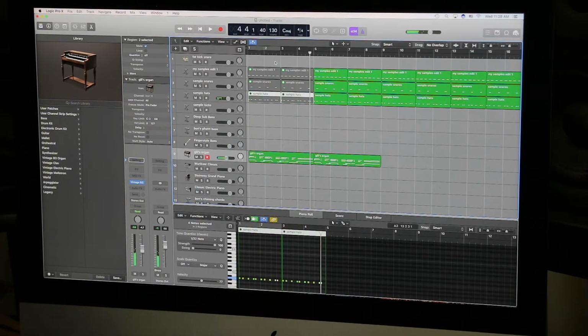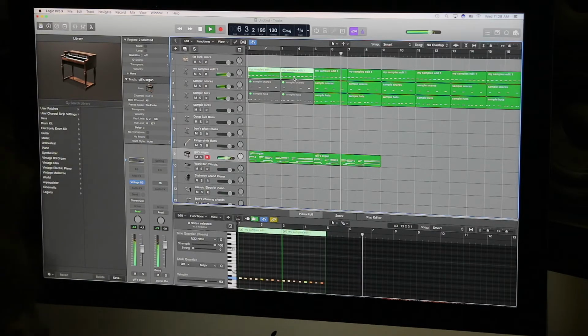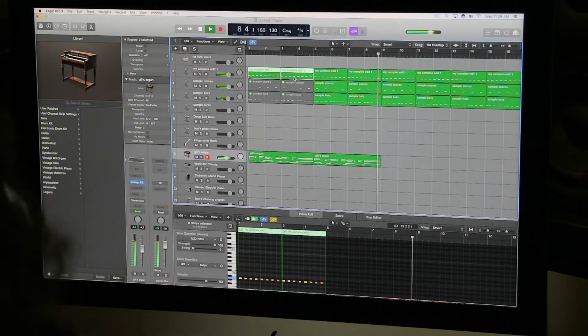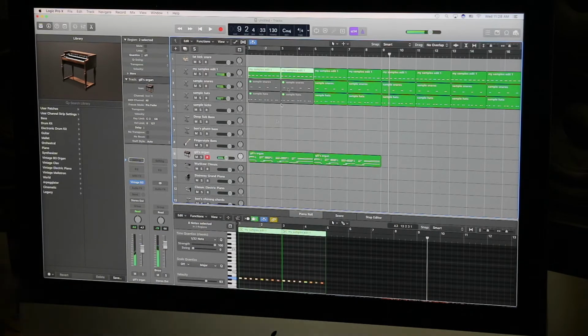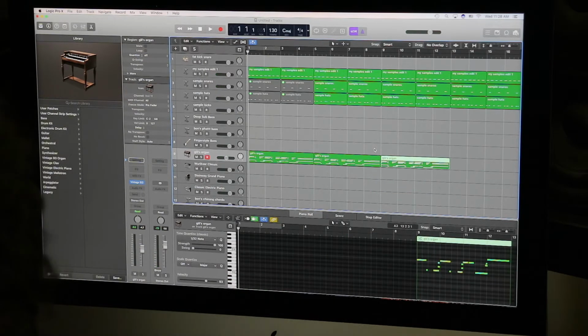Actually, I would rather start with the four on the floor to give it more of a dance vibe, and then the fact that it's a very swinging beat could come in later. I don't know. That's pretty neat. Let's groove with that for a little bit.